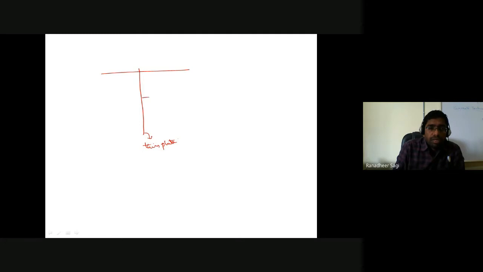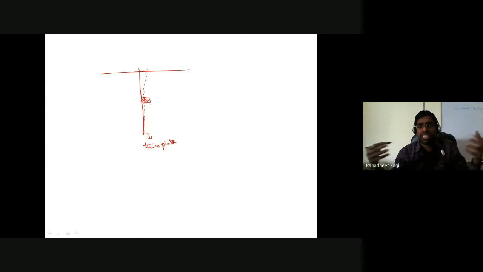And this is a soil element, what we are referring to again. If this is the condition of the retaining structure, where the retaining structure is rotating towards the soil, I'm not indicating a proper rotated shape. So if the retaining structure is moving towards the soil, then the nature of stress that is developed in the horizontal direction is what we call the passive earth pressure, or the condition in which the soil exists is what is called the passive state.